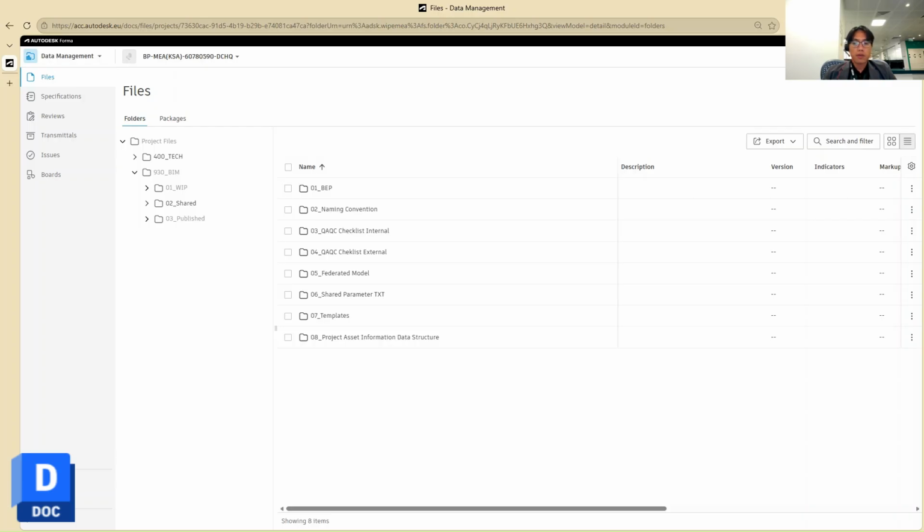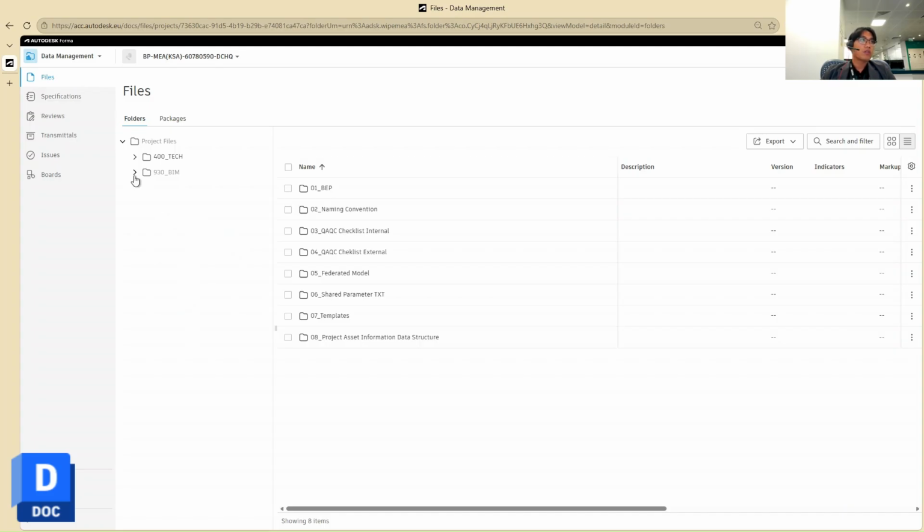I believe some of us already have experience working with this platform, but I would also like to take some minutes to introduce it again. Here I have one project of the building and landscape. For example, in our coordination case, this is the one project, and here is the structure of the folder on that platform, the cloud platform, where we store the model and even include our work in progress model